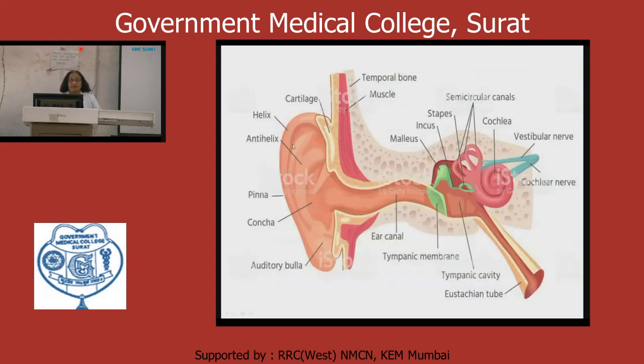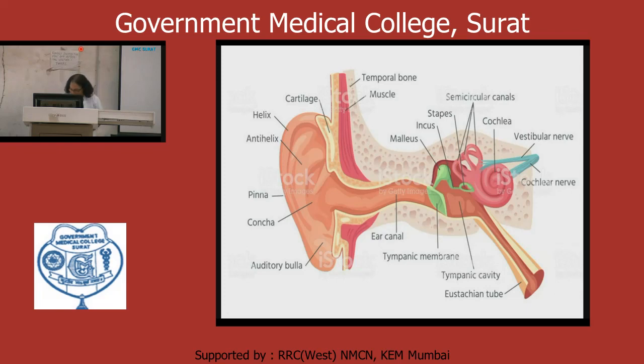Now again the figure shows the different parts of the human ear. This is the auricle, the external acoustic meatus with the external auditory canal, then the tympanic membrane, and the middle ear with the malleus, incus and stapes. Now these are the parts of the middle ear cavity. Now the inner ear, we can visualize in the given diagram: the snail-like structure called the cochlea, the centrally dilated part called the vestibule, and posteriorly the three semicircular canals. Now we will go into detail about each part of the ear.